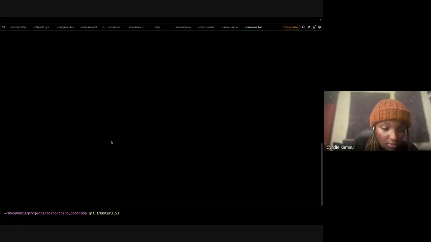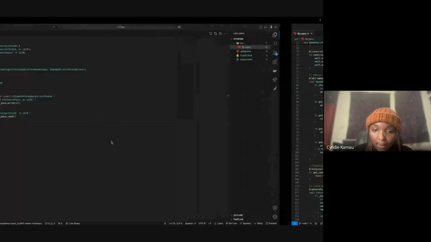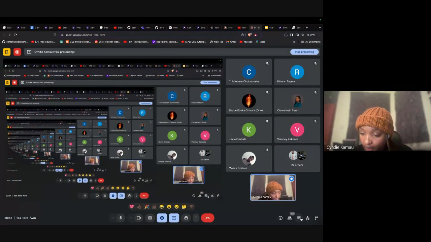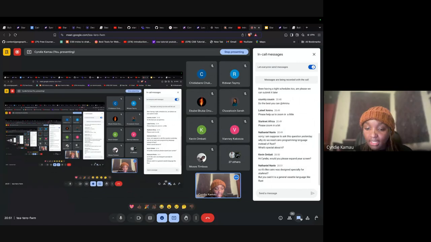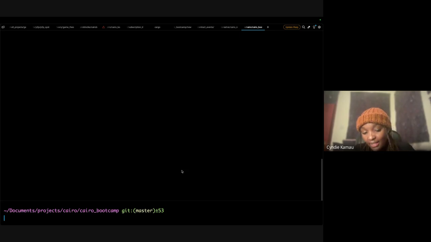Okay, so yeah, let me just zoom in. I hope, Kevin, you can see my terminal, because I'm going to my terminal to show anyone who does not know how to create a Rust program how we do it, right? So here it's just my directory. I will just create a new program. Let me just call it, what should I call it?